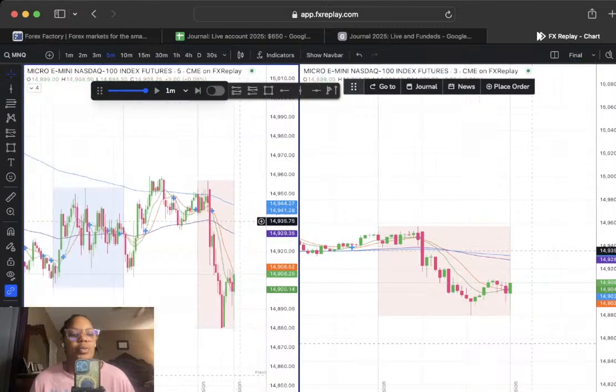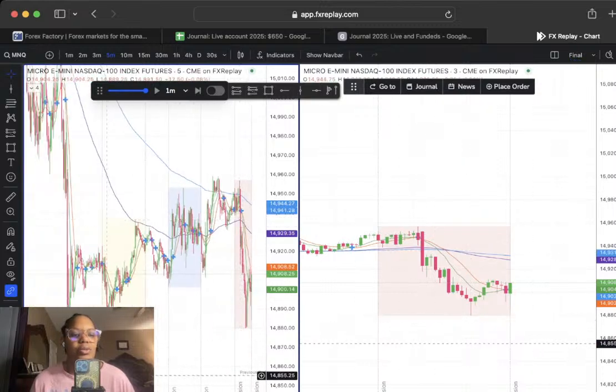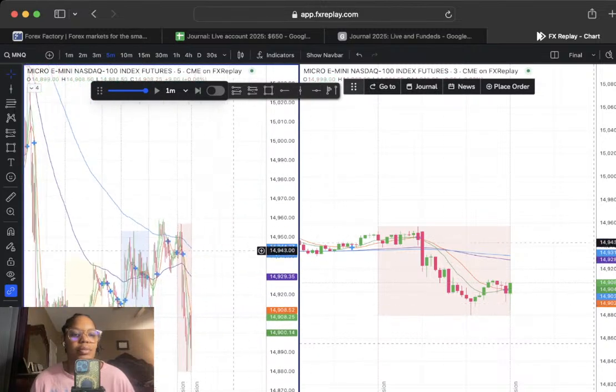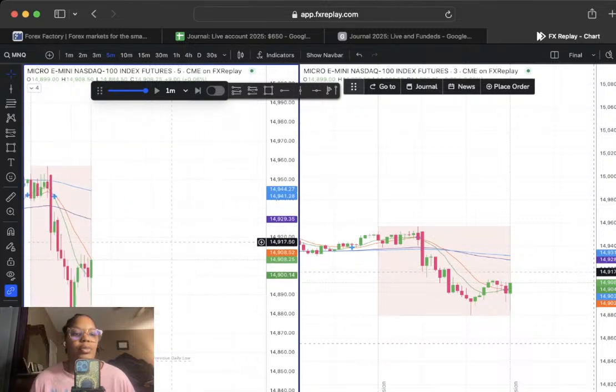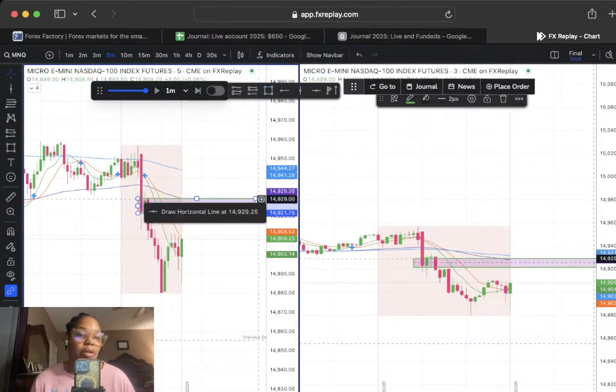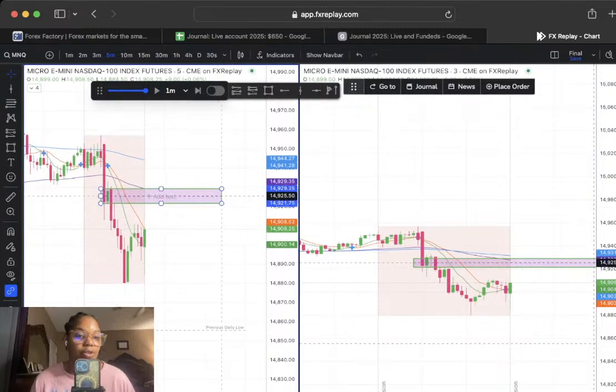This is the one where we could go lower, we could go higher. We didn't sweep this or this, but we're pretty much down enough that we could push up. We're far on the 5-minute. There are not any fair value gaps. I'm a fair value gap trader, but if there's just not any, then I'll use an order block or, you know, demand zone, whatever, depending on what your strategy is.